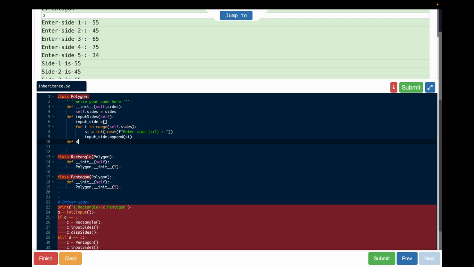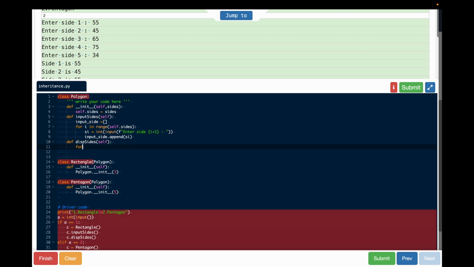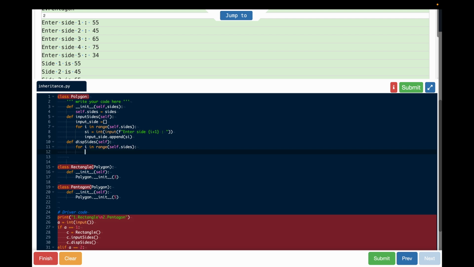So I will say def display_side as sides, and I will say here self, which is not taking any argument, and it will display the sides. So I will say here for i in range, directly I can say here self.sides, right? And here what I will do is we have to print. I will say print, and f-string यहाँ पे भी use होगा क्योंकि side 1 बोलना है हमें. So I will say here Side, S is capital, and here I will say 1 नहीं, i + 1,